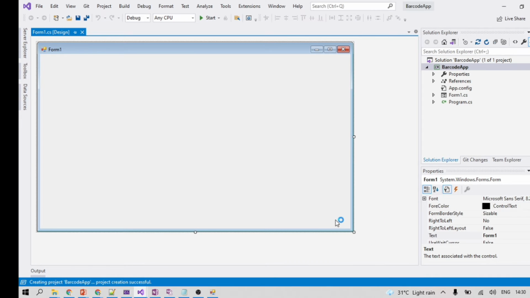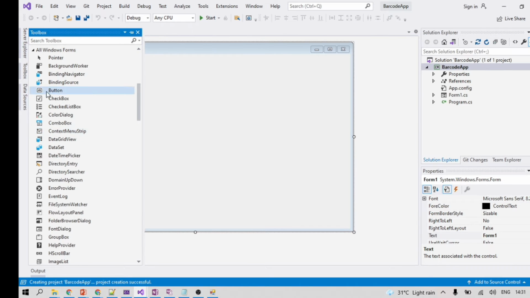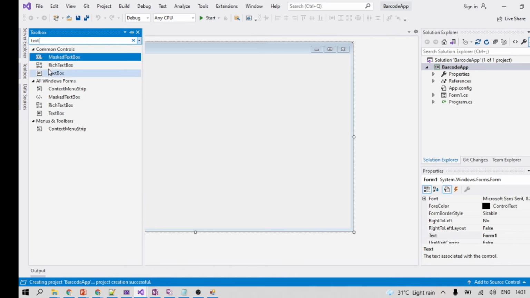What we can do is put one button and take input from the text box, and based upon the input string the code will get generated. Let's get started. We have a text box here, so let's take one text box.